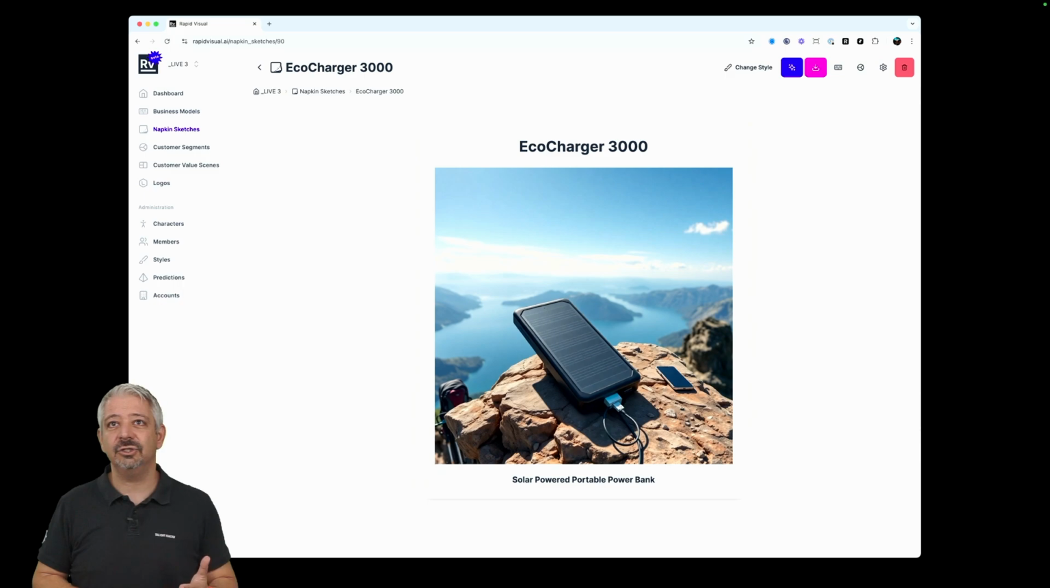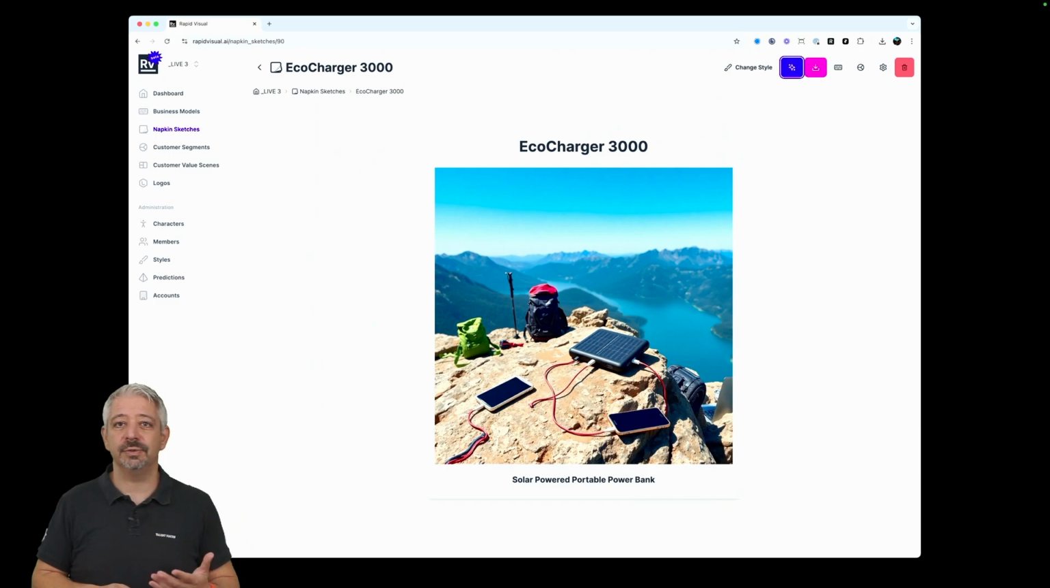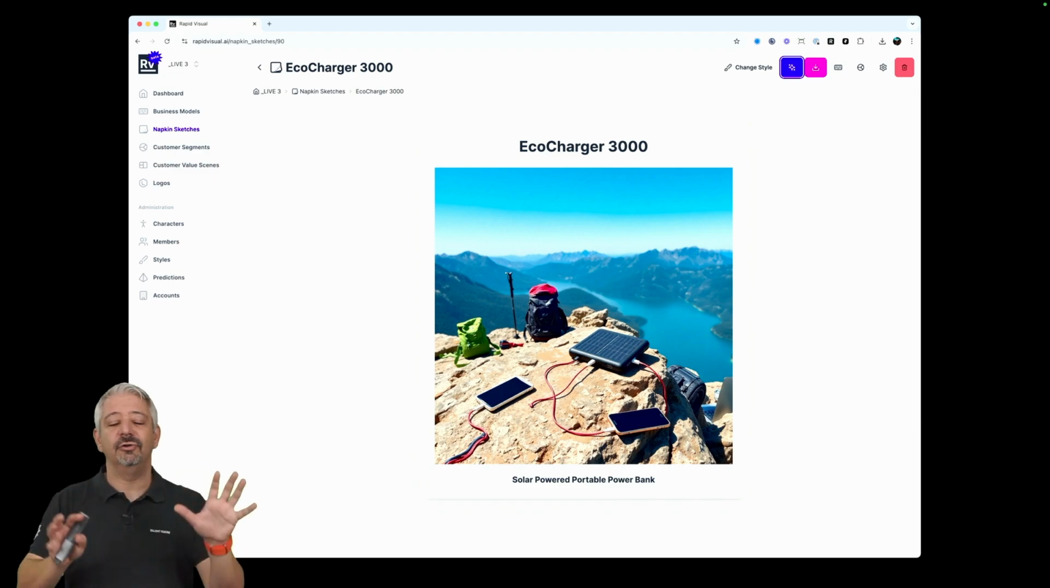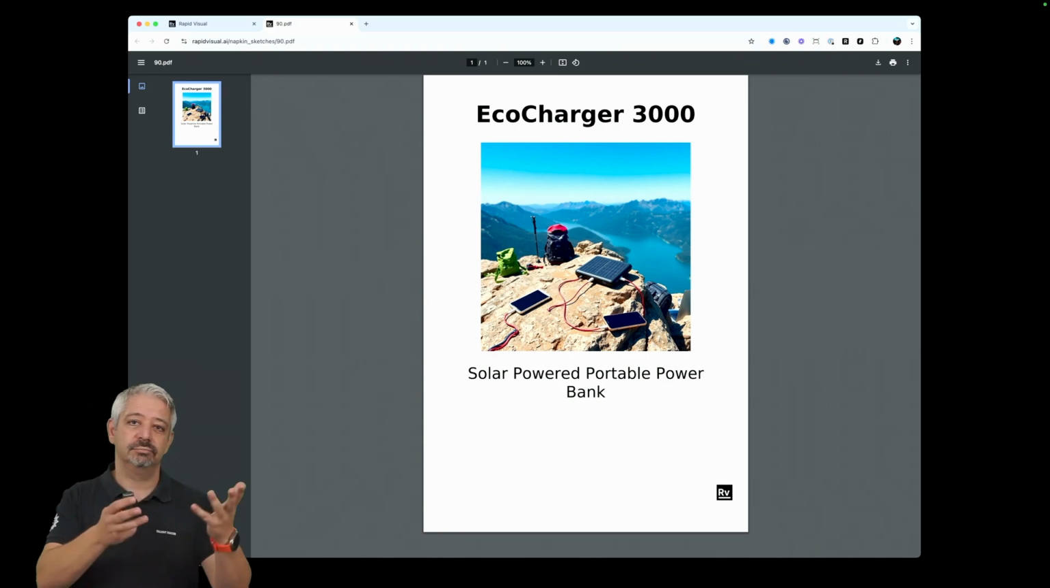Now, the next thing I can do is click to change style, and I can choose from different styles. Let's say, for example, I wanted to go with something different and regenerate. This is interesting. It gives me something a little bit more involved with different devices. Or I can then export that to a PDF and be able to print that and discuss it with my